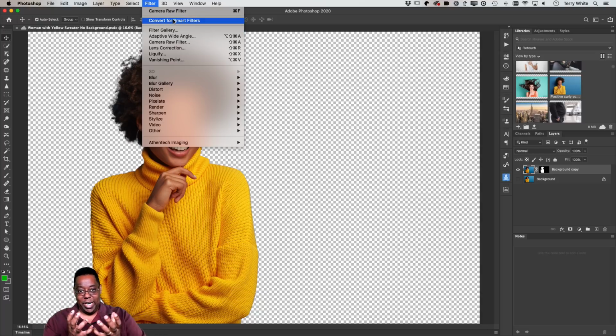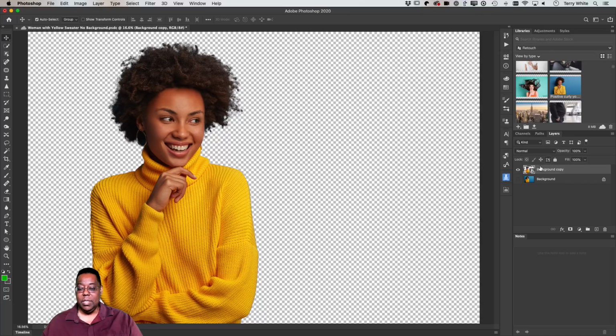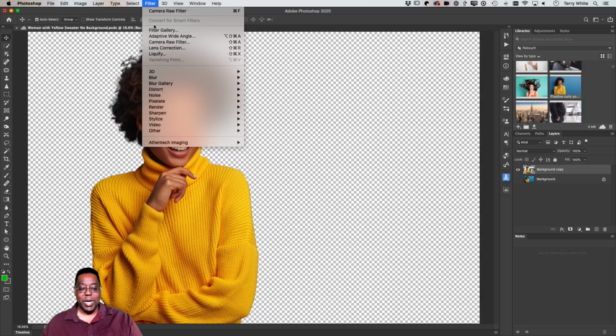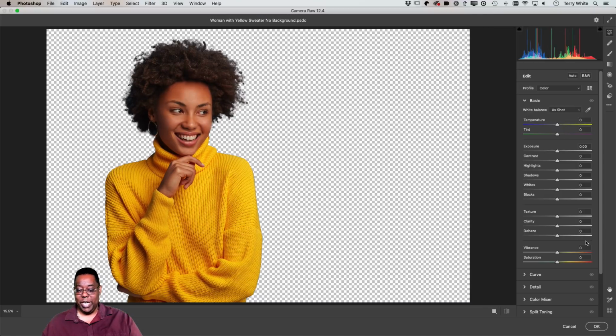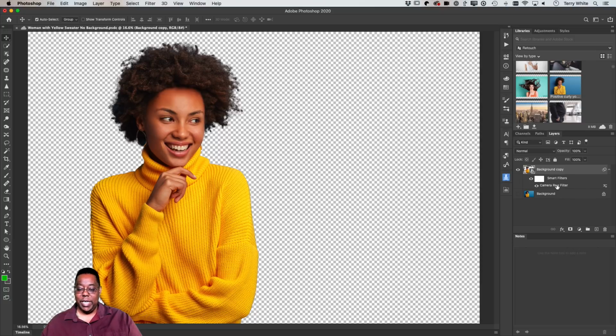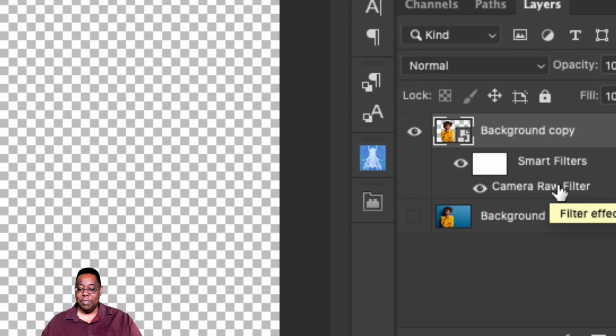because that will take your layer and put it in a container called a smart object. So you still have your layer, you still have access to your mask, but it's buried inside that smart object now. And now when I run that same Camera Raw filter, the one I just ran, I adjust the exposure, make it a little bit more vibrant, and maybe a little bit more contrasty. And we click OK. Everything I just did is now in a non-destructive smart filter.